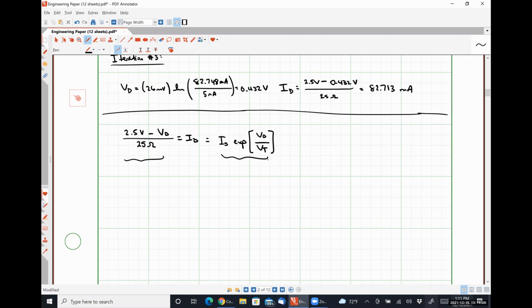Sorry, it's giving me 2.5 volts, which makes me wonder what I put in incorrectly. Oh, I put in natural log, not exponential, that's why. Yeah, so I get